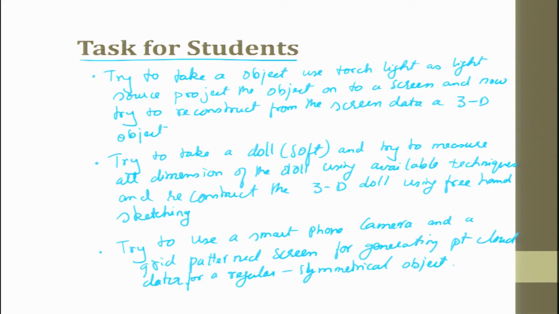Okay, so here what do I mean? You have to have your camera, your object, and then a screen where you have made grids. Try to project it from the grids, you know the data, and then try to calculate the point cloud data. If you want, you can rotate the object and get more details. If you try doing these techniques, you will start appreciating how much technology has gone ahead in reverse engineering.